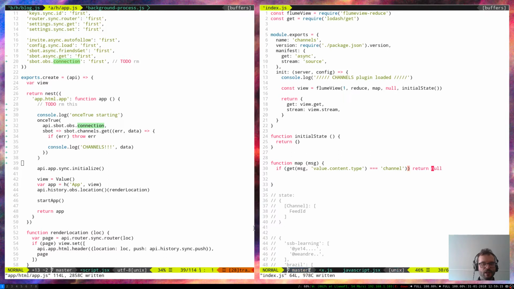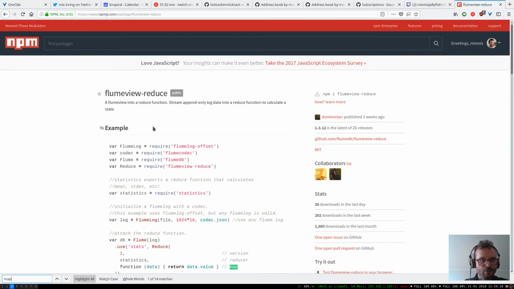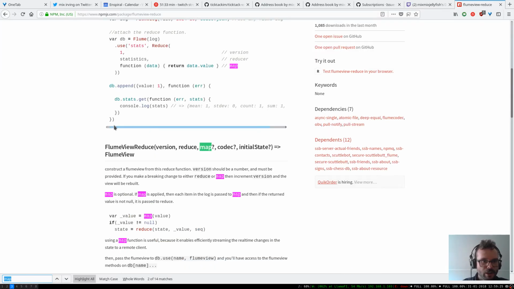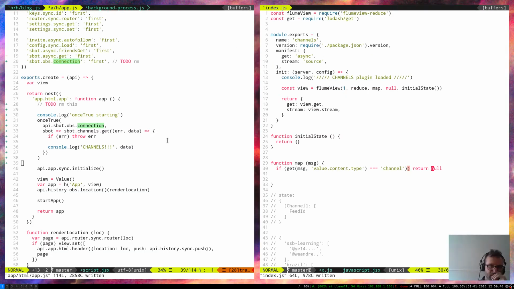I'm going to return null at this step, because there's an affordance: if you provide a map, the reduce only gets called on things. Map is optional. If the map is applied, then each item in the log is passed to map, and if the returned value is not null, it's passed on to the reduce. So this is a way of doing a filter sneakily inside the map. So if it's not channel,